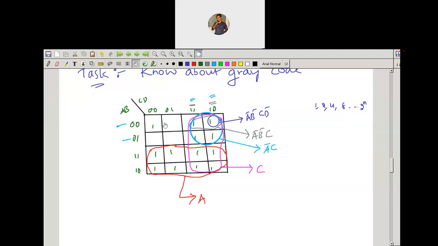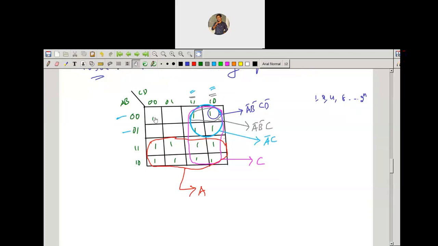It's A only. Now coming to the one more cell which is having 1, right? You should not leave the cells which contain 1. You have to group each cell which contains 1. Then only you are going to get the minimal expression. Now tell me, how can I group this one cell? It is an individual cell. If you group the one cell, you're going to get A bar, B bar, C bar, D bar. That's a logic expression. But you can use the opposite grouping. That is, you can group this A bar, B bar, C bar, D bar min term and this cell's min term.